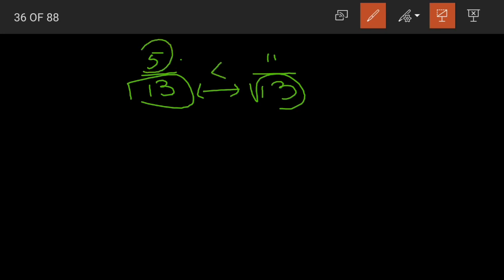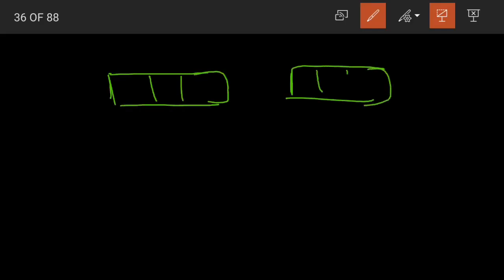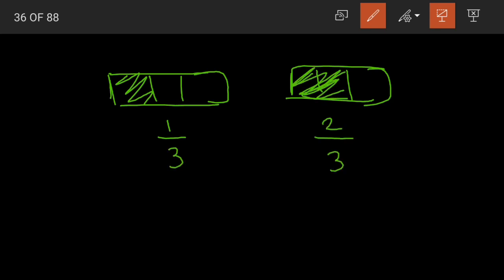Understood? The fraction with the smaller numerator will be our smaller fraction and the fraction with the larger numerator will be our larger fraction. Now if you get confused in an exam about what the correct one should be, you can simply take a diagram, okay? Take a figure of the same size and shape. Now if I take 1 by 3 as the shaded part and I take 2 by 3 as the shaded part, can you tell me, children, which is the bigger fraction here? Yes, 2 by 3 is the bigger fraction.